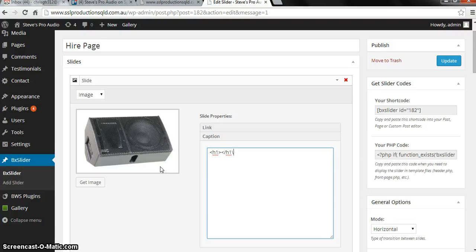You can just copy paste this one so that you know how it works. This is the main title or heading. You need to put that between these HTML codes.